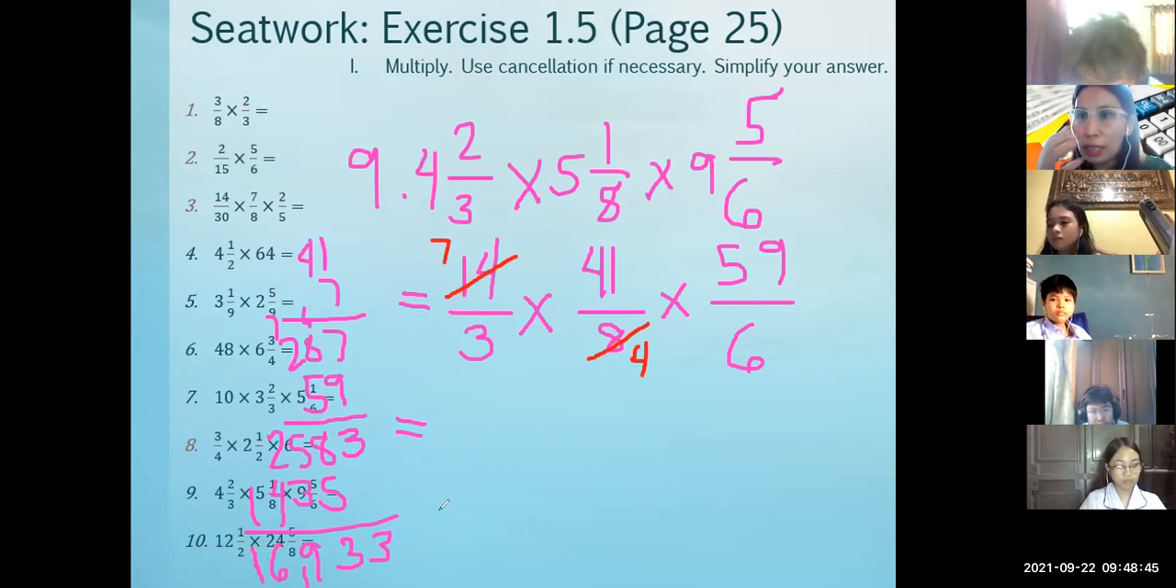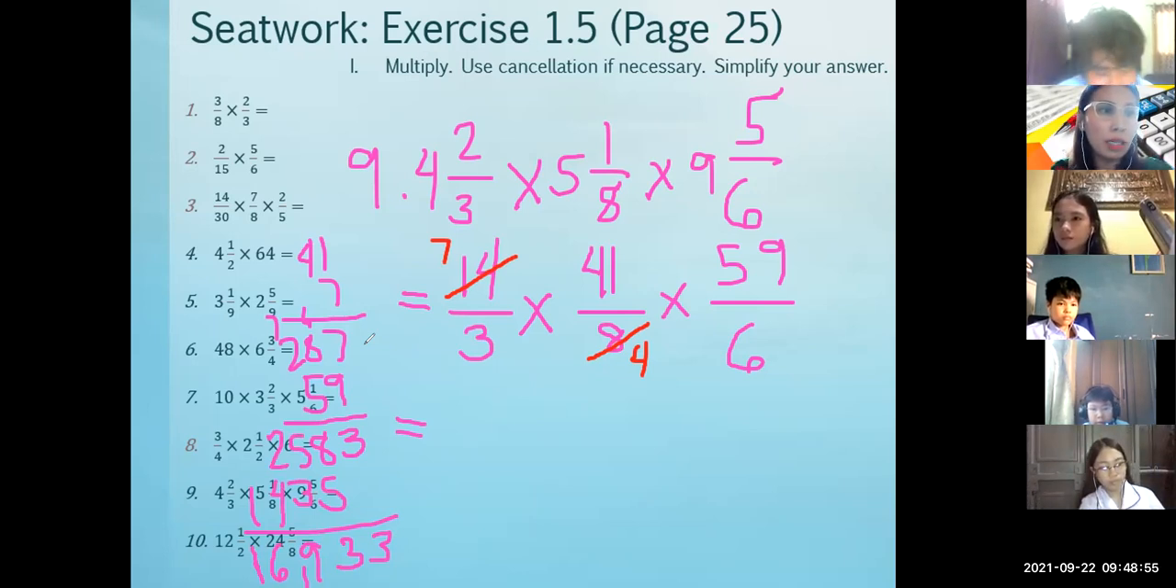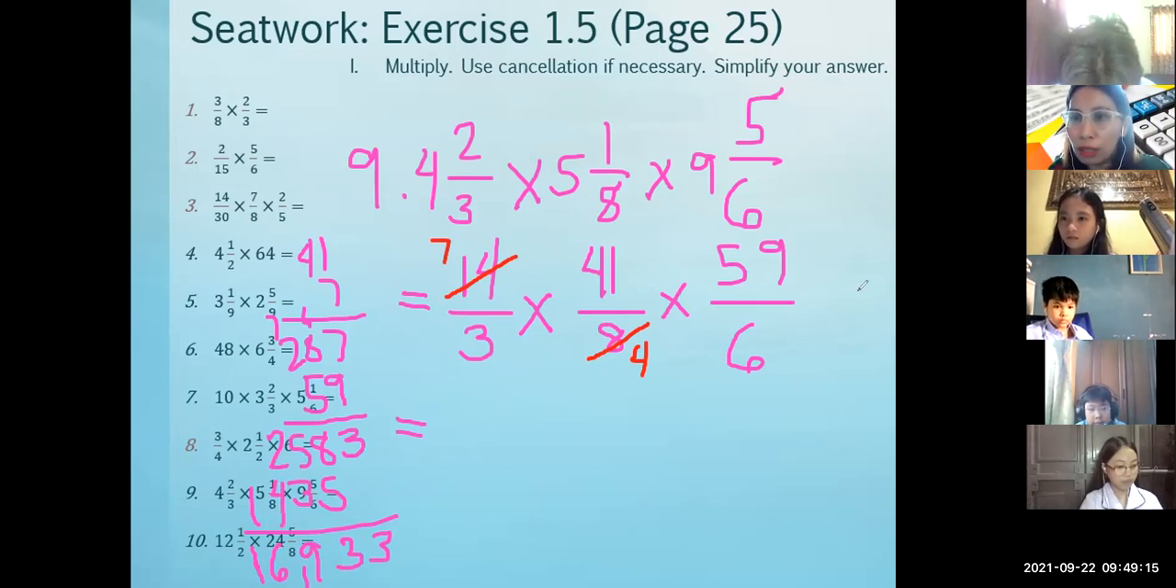Is my answer correct? The same with yours? Tama ba? 16,933? Same po? Hindi. Sige po, paka-check. Ayan. 41. Ito yun ha. 7 times 41. And then the product there is multiply natin by 59. We are on number 9. Tama. Same po sa answer nyo. Ayan. Sige. So,